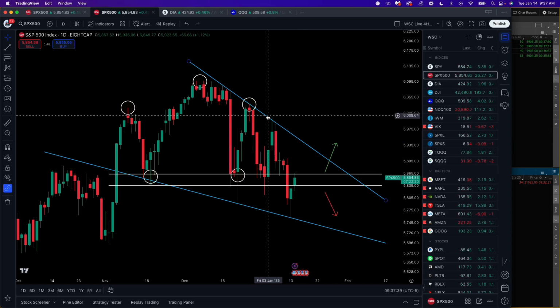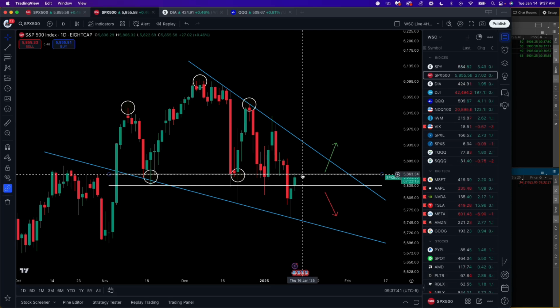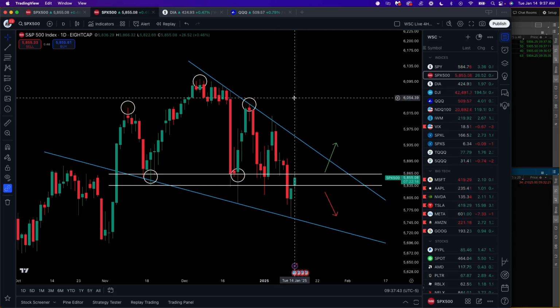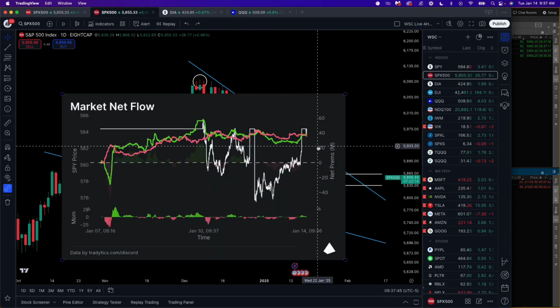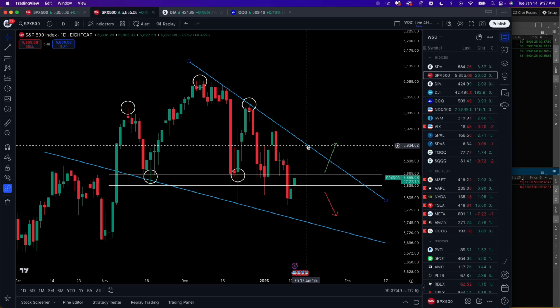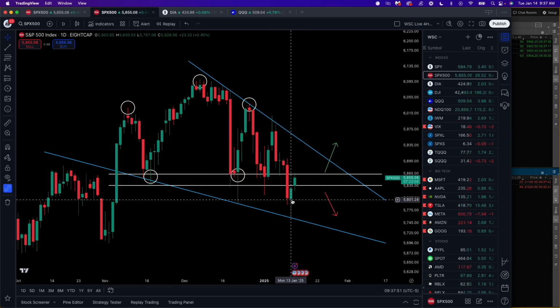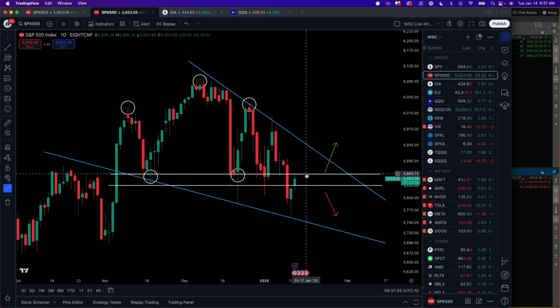So was there bearish volume here? No, not yet. I mean, no, right? It's quite interesting to see how the flow here is neutral when we had such an important pullback. So is this a bear trap? Could be, but I would like to break